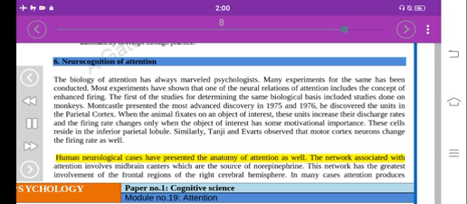Human neurological cases have presented the anatomy of attention as well. The network associated with attention involves midbrain centers, which are the source of norepinephrine. This network has the greatest involvement of the frontal regions of the right cerebral hemisphere. In many cases, attention produces